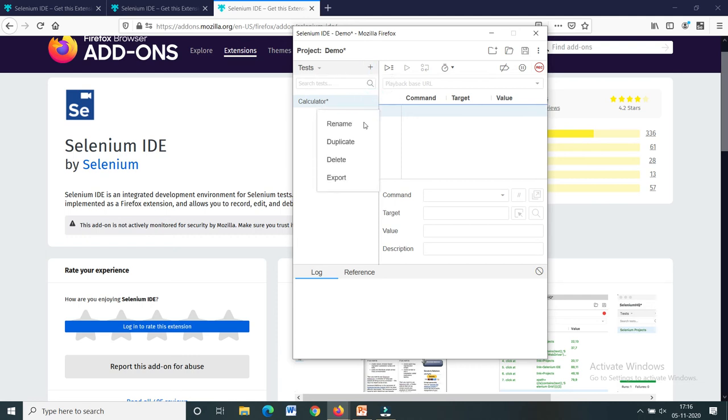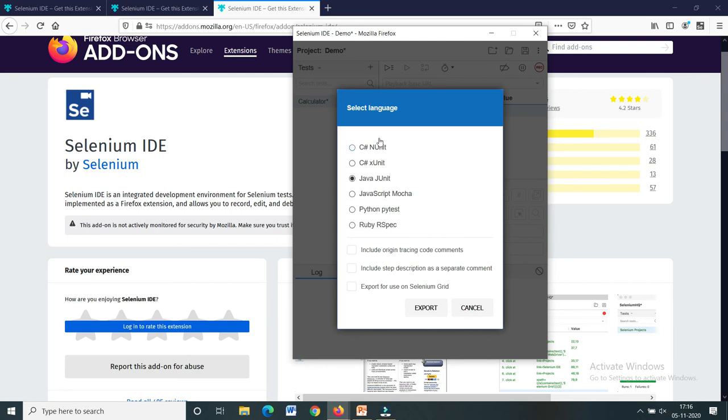If you click on this, it contains different options: rename, duplicate, delete, and export. Export is one feature of Selenium IDE I told you about. It can support different programming languages like Java, JavaScript, Python, Ruby. So you can export here by clicking. When you click on export, it will export your project, and this code you can use for Selenium Grid and Selenium WebDriver too.